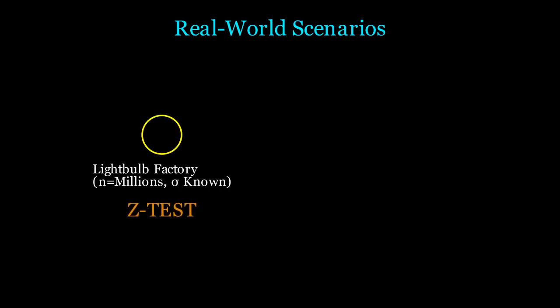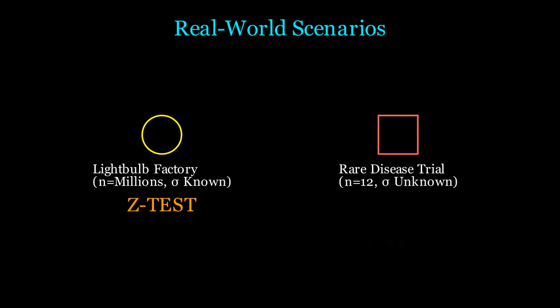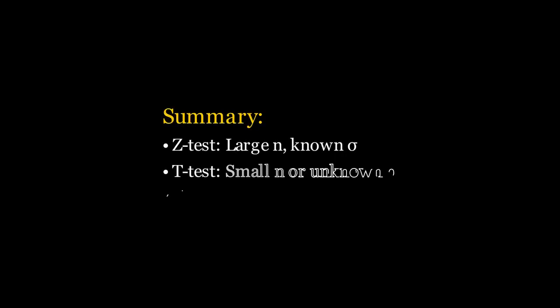Consider two real-world examples. Imagine a light bulb factory that has produced billions of bulbs. They know exactly that the population standard deviation of bulb life is 50 hours. To test a new batch, they use a z-test. Now imagine a medical trial for a rare disease with only 12 patients. The researchers don't know the population's variance, so they must use a t-test to account for the high uncertainty of